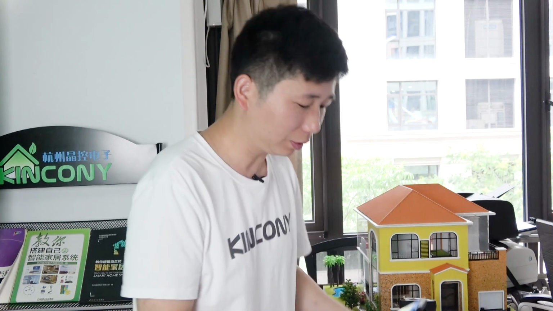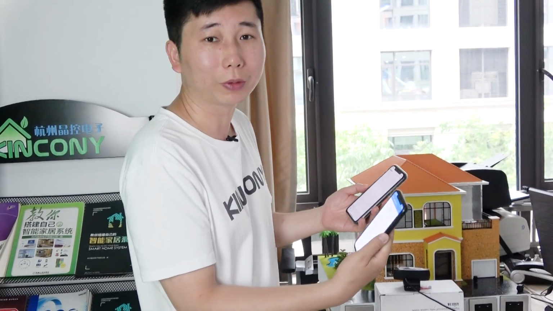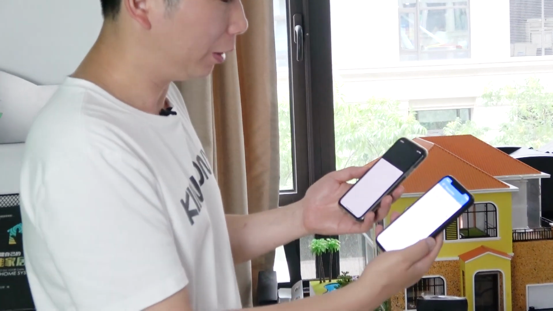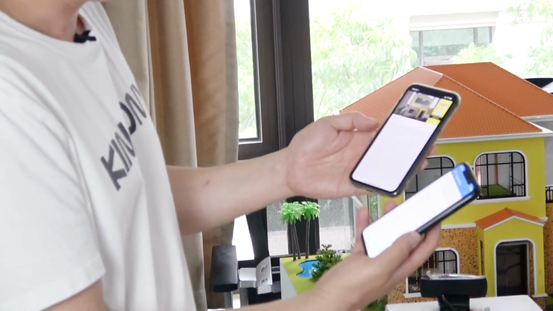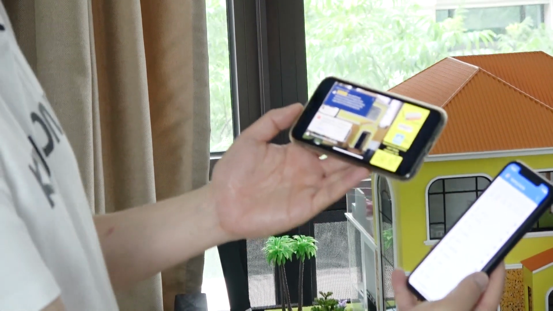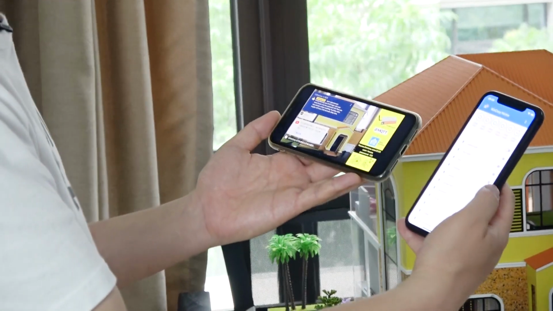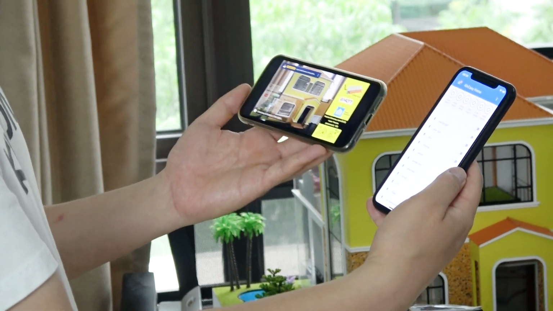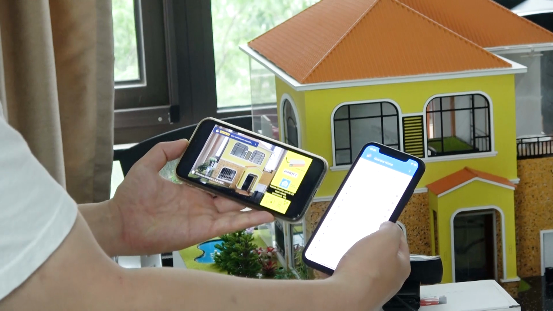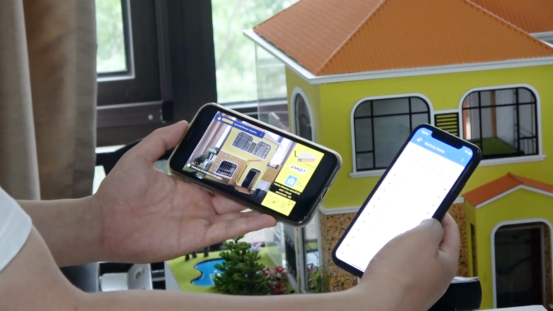So let's look at this mobile phone, because you can also use your PC software. I will take the video from the mobile phone. It's easy. This mobile phone is our YouTube video, and this is the Home Assistant. This Home Assistant you can also open in your PC web browser. You don't have to use the mobile phone. So we can see the left is the YouTube video, and this is my Home Assistant.